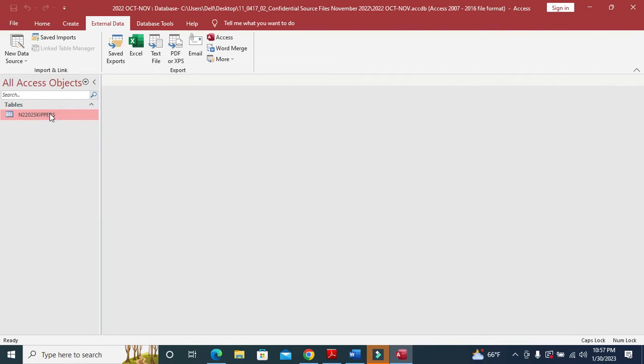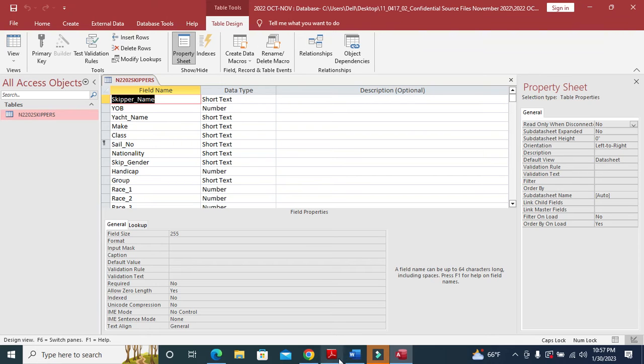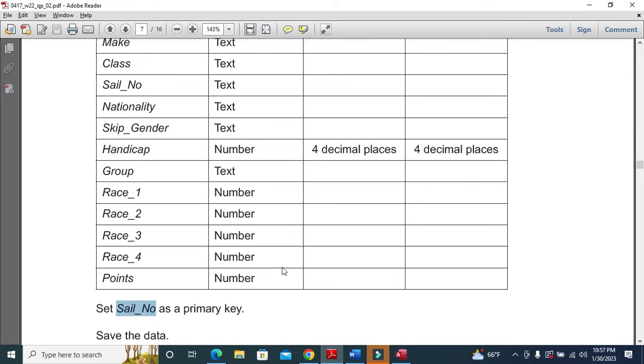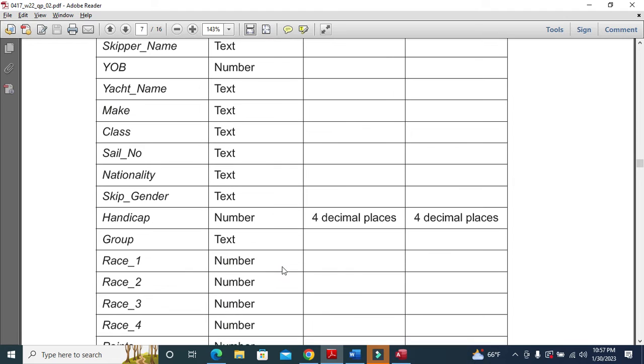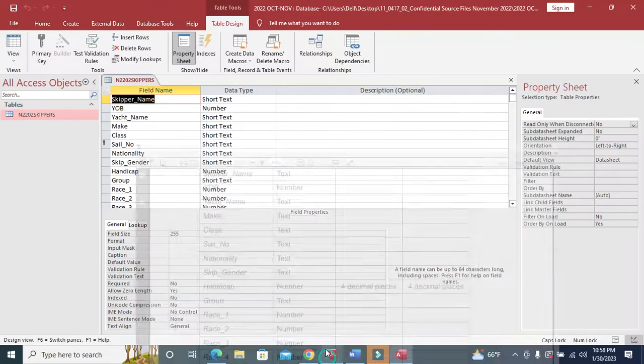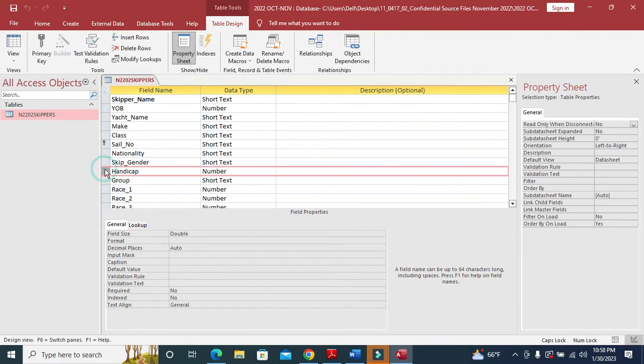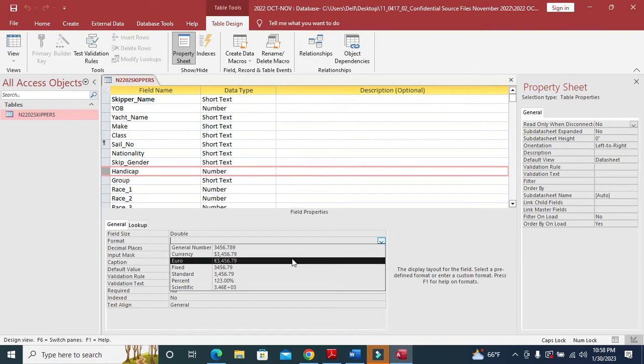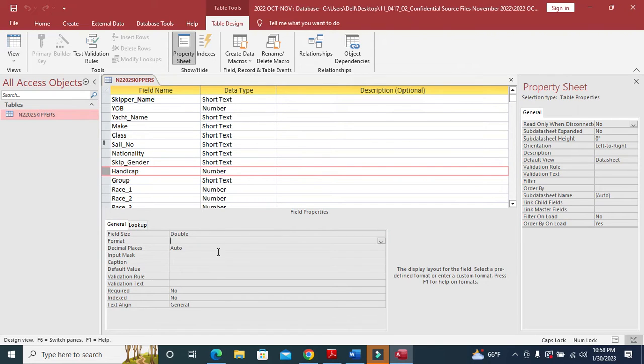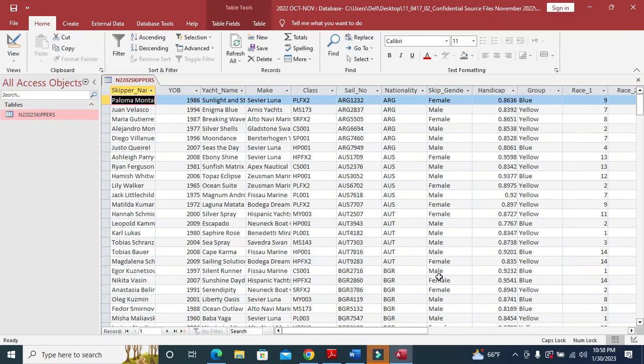The file is imported. Right click and design view, make the changes accordingly as they mention. We want handicap to be 4 decimal places, so handicap with 4 decimal places. Okay, so we select from here 4 decimal places. Save and view. So this is how our